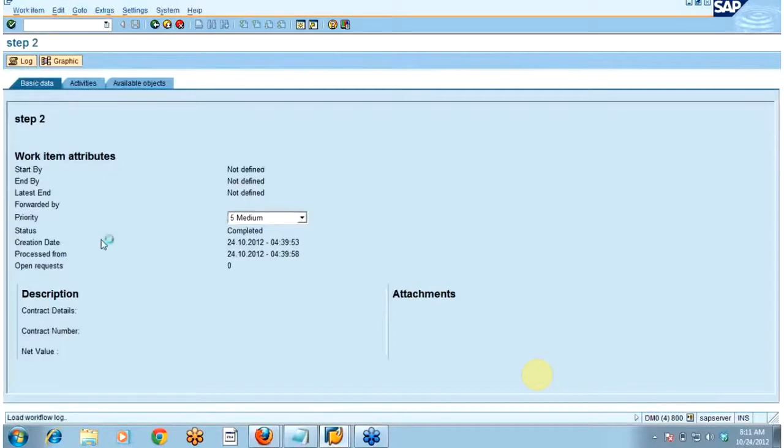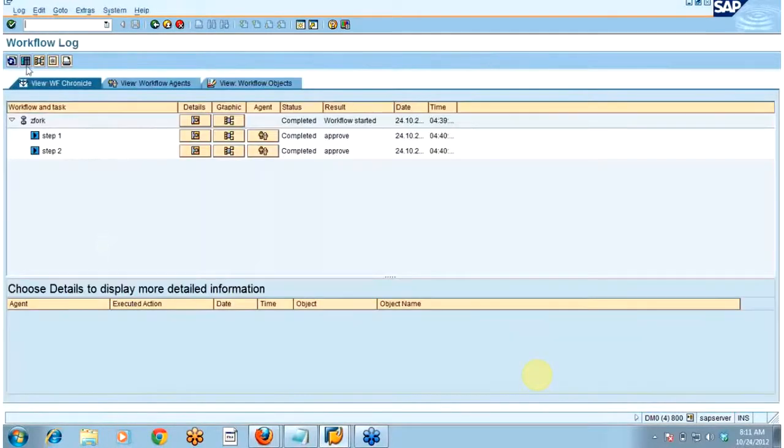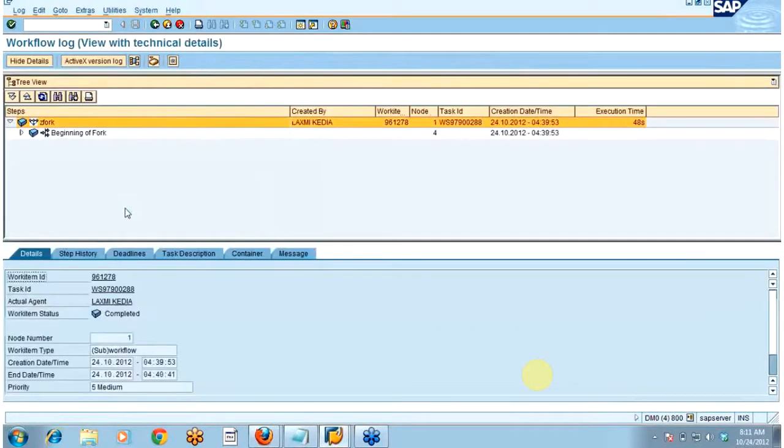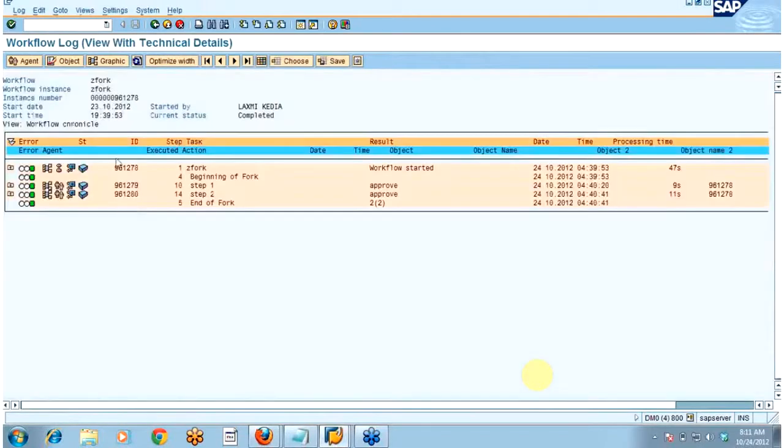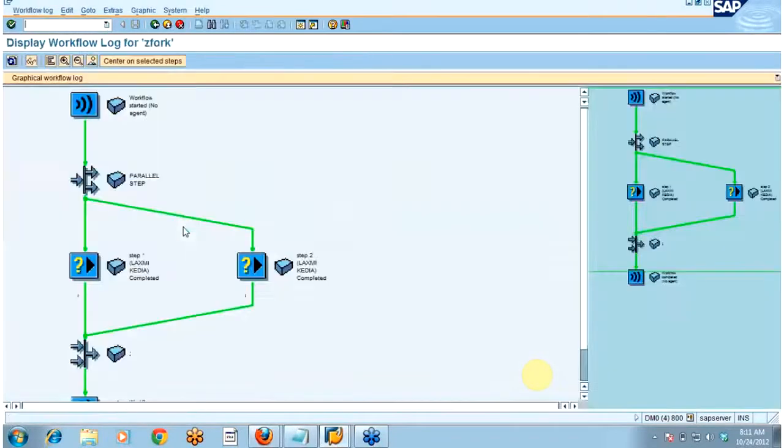Click on log, click on this table button, click on Control P, go to the graphic. You can see both steps got executed, then this fork got executed. The green line actually says how this workflow has got executed.